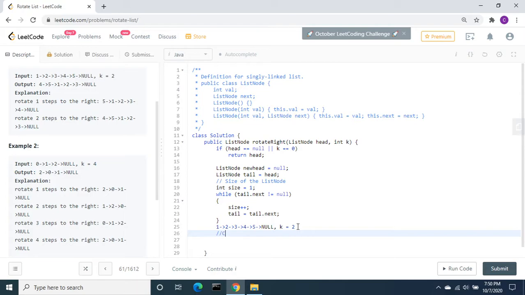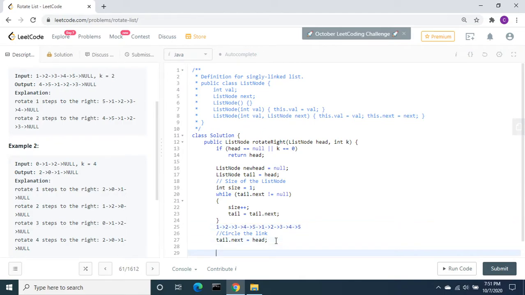So tail.next equal to head. Now from here it goes again 1, 2, 3, 4 and then 5. Because we replaced the null position, there won't be any null. After 5 it is going to point again to 1. It is going to be circular.